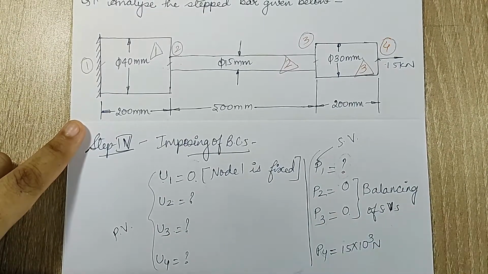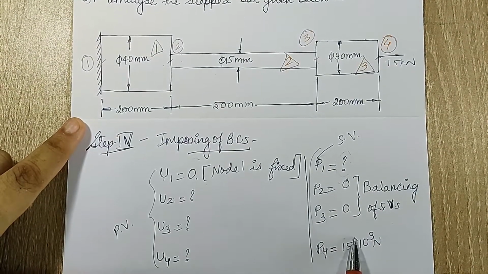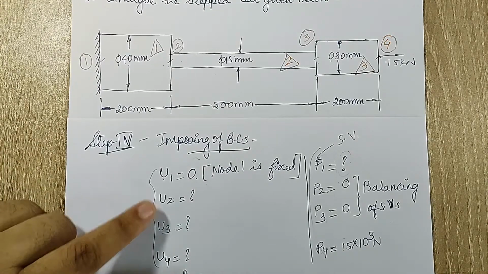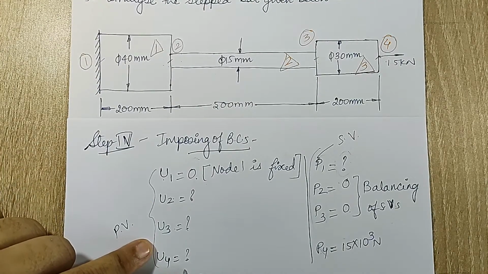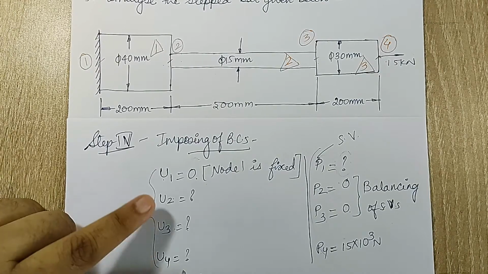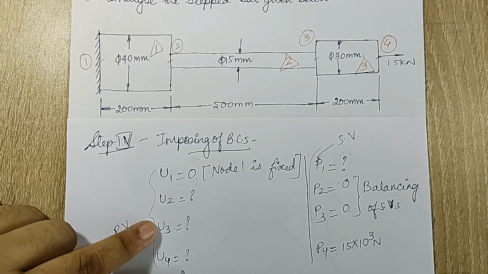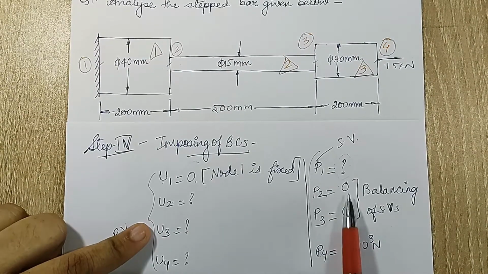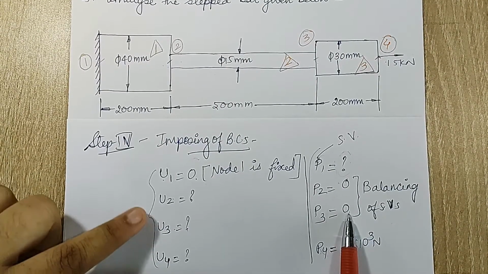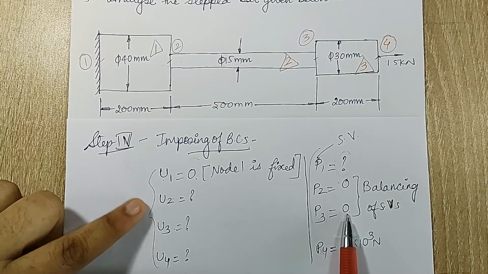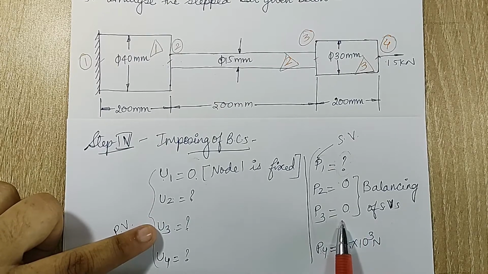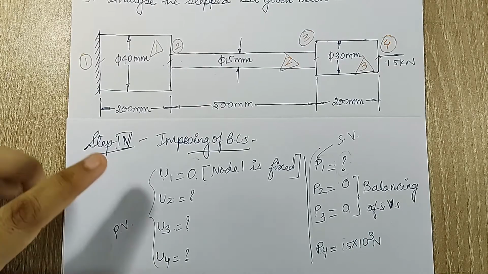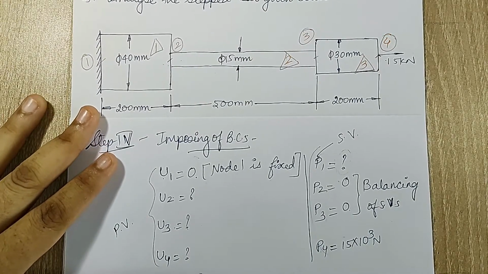Similarly, at this fourth node, the P4 value was known, so I can take U4 as question mark. These two obviously have to be question marks, because by FEA I cannot assume primary variables as 0. The rule is given only and only for secondary variables. I can only assume these values as 0. So these two have to be question marks. Now these two are question marks, so obviously these two have to be 0. This is something you can use for finding out the value of these unknown variables.